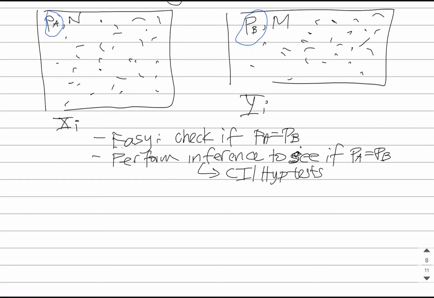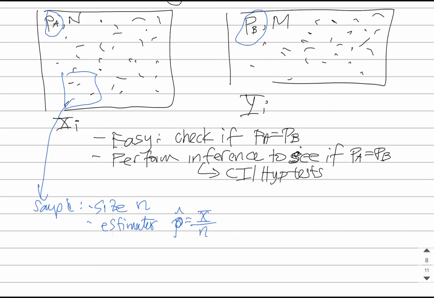So we will take a sample from population A. The sample will have a size of n, and we will use the sample estimate, or the estimator, p hat, and we will estimate the value in particular as the number of successes over n. So we'll say that this is the estimate for sample A, and in sample B, we'll do the same thing. We'll have a sample of size m, and our estimate here, PB hat, will be the number of successes